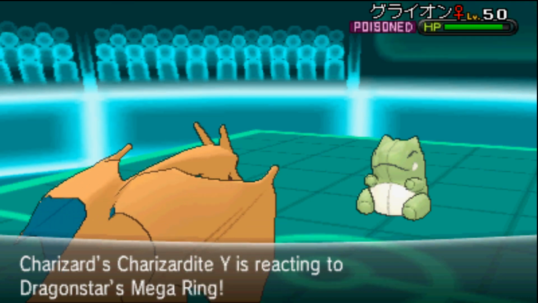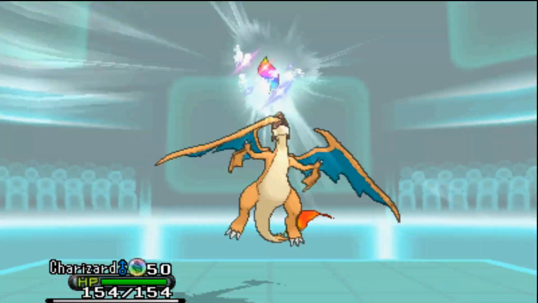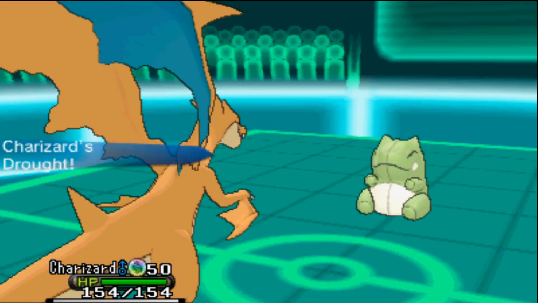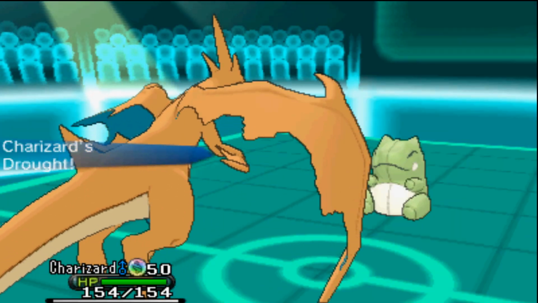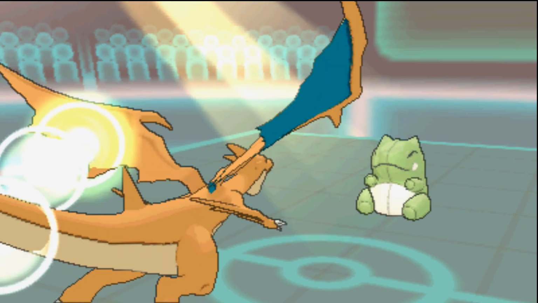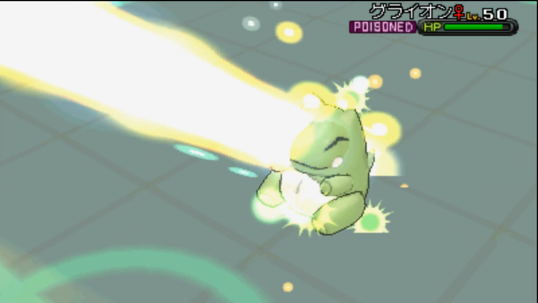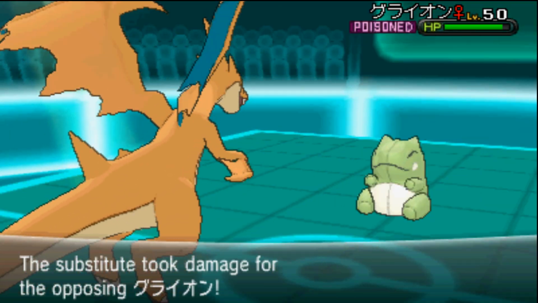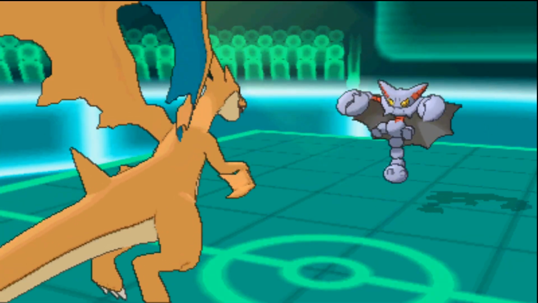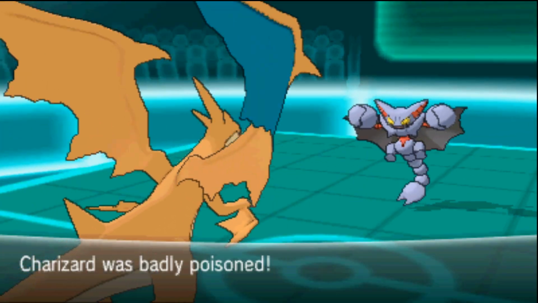So now Gliscor, well, not Gliscor, Charizard, my Charizard now Mega evolves into Mega Charizard Y, because I want to Solar Beam this Gliscor so that I can break its sub, because look, I need to be able to kill this Gliscor. Now I know the trade-off is going to be that my Mega Charizard Y is going to be toxic, but I really have no choice, because that's really the only way I'm going to be able to kill this Gliscor